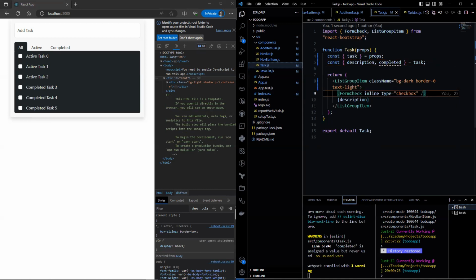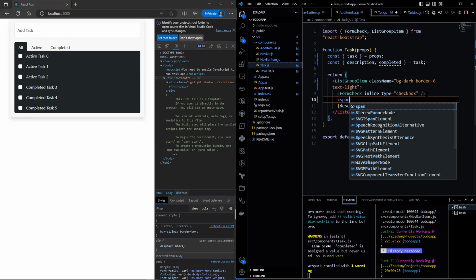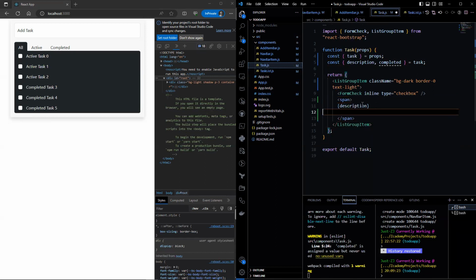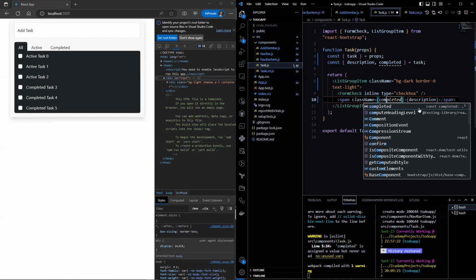Then let's enclose the description in a span tag. Then let's give this span a class that checks for whether or not it is completed.